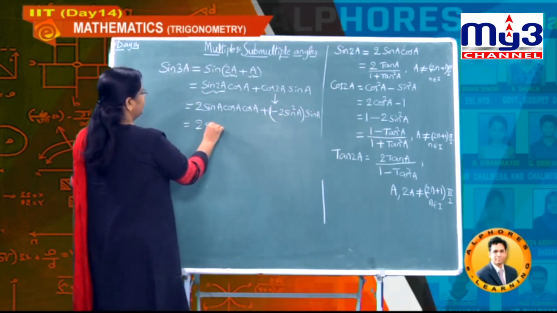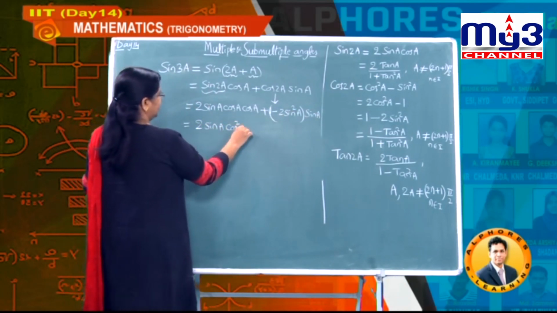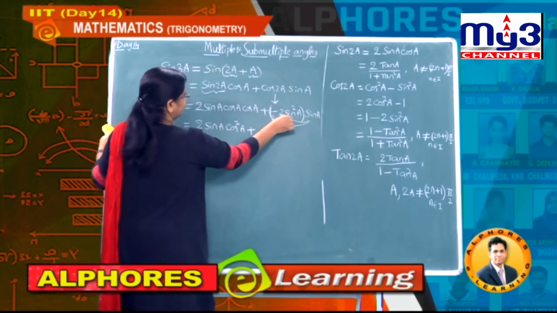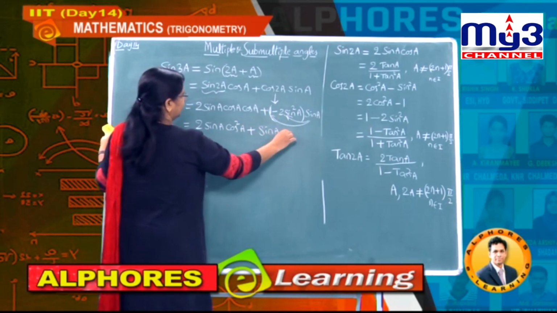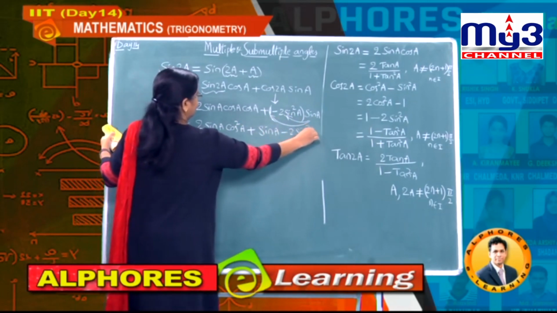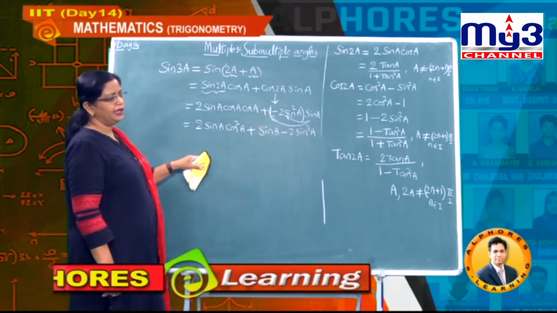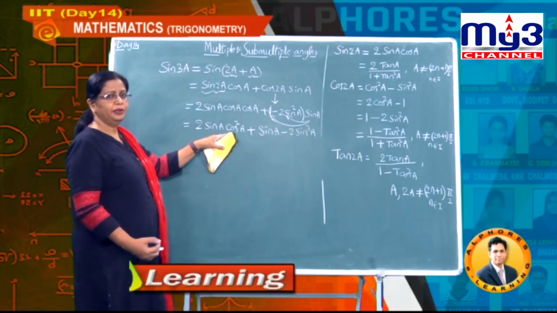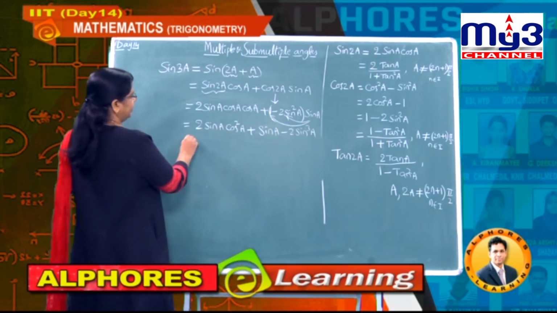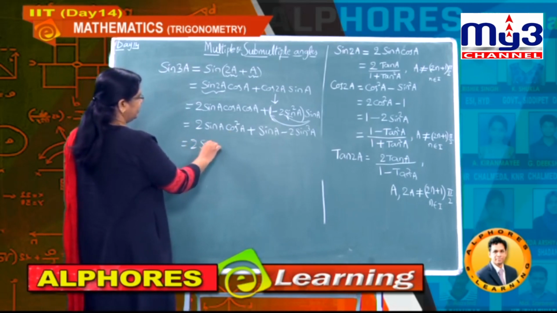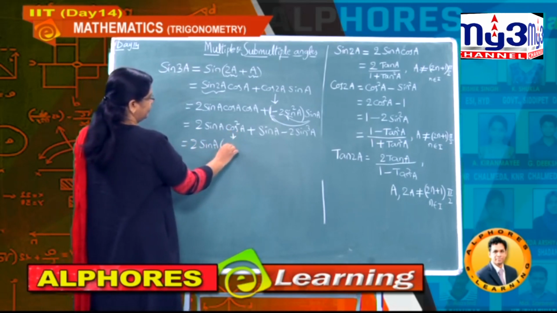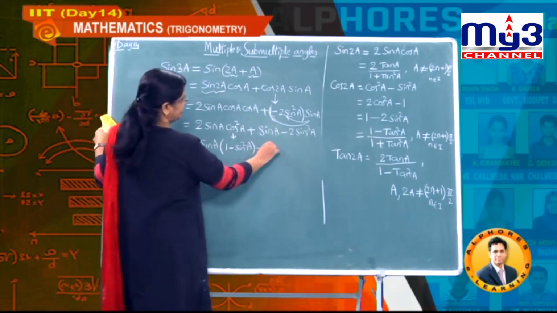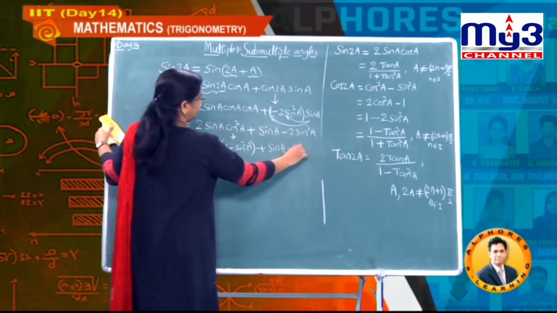Then what is the value here? 2 sin a into what? Cos square a, and next multiply this sin value with 1, and next with this, that is plus sin a minus 2 sin cube a. Now again you are having cos square a, so we have to eliminate this cos value again and write in terms of sin. For that purpose I am writing 2 sin a into what is cos square a here? 1 minus sin square a, a known formula, and plus sin a minus 2 sin cube a.